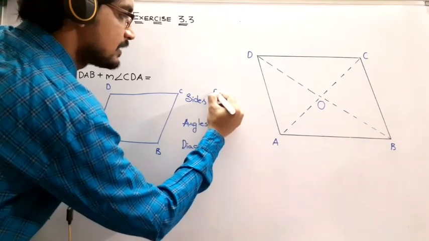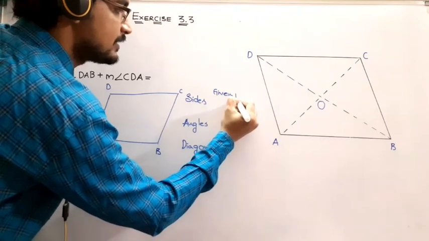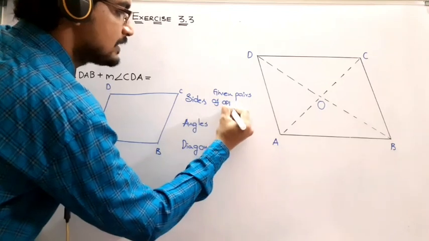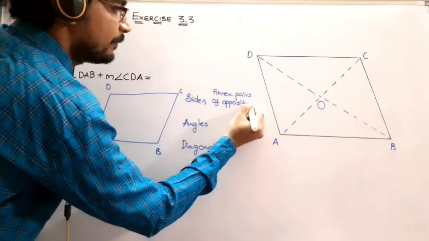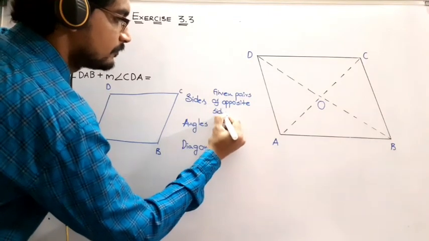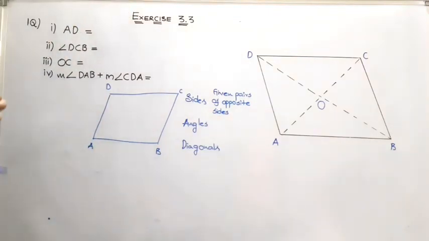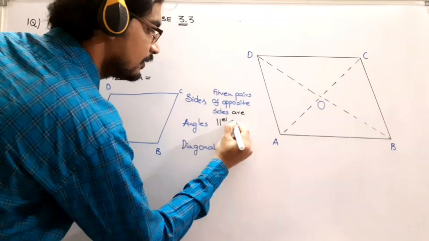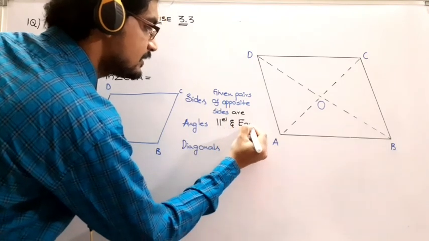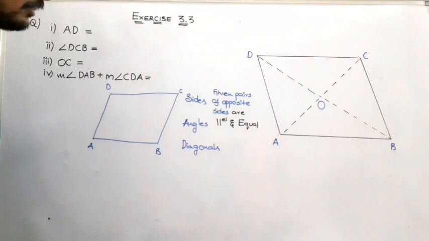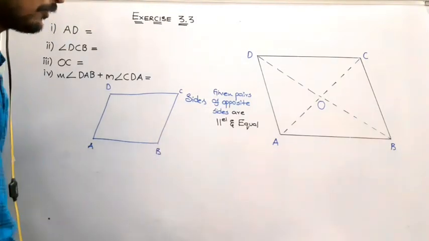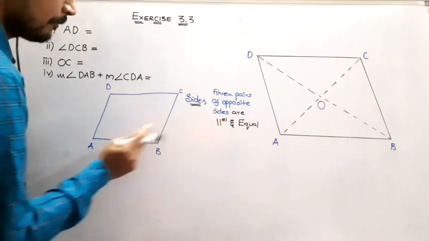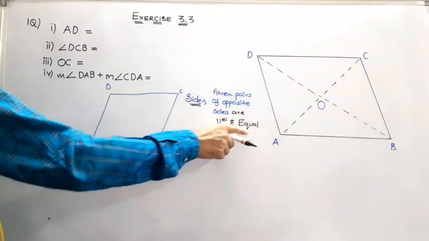Okay, if ABCD is going to be a quadrilateral, being a four-sided polygon, given pairs of opposite sides are parallel and equal. Okay, if we consider the sides of a parallelogram, what we have to understand is, in a quadrilateral, if we adjust the sides in a way that pairs of the opposite sides are parallel and equal.